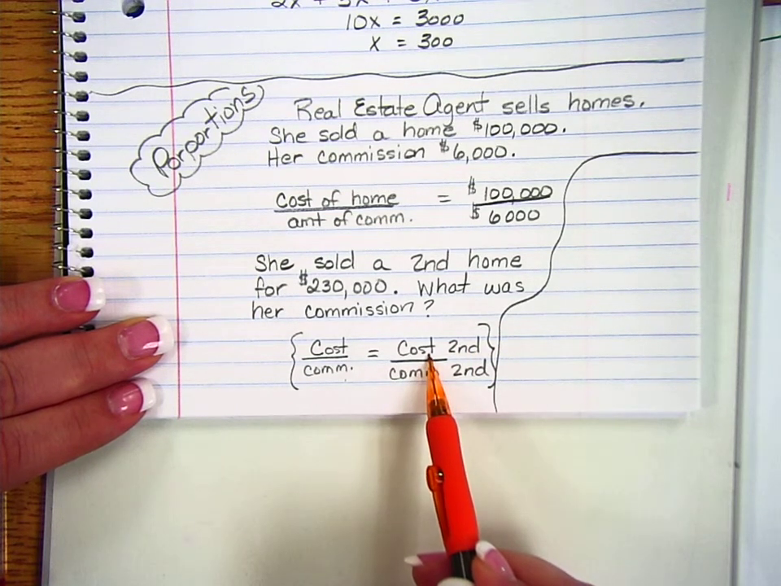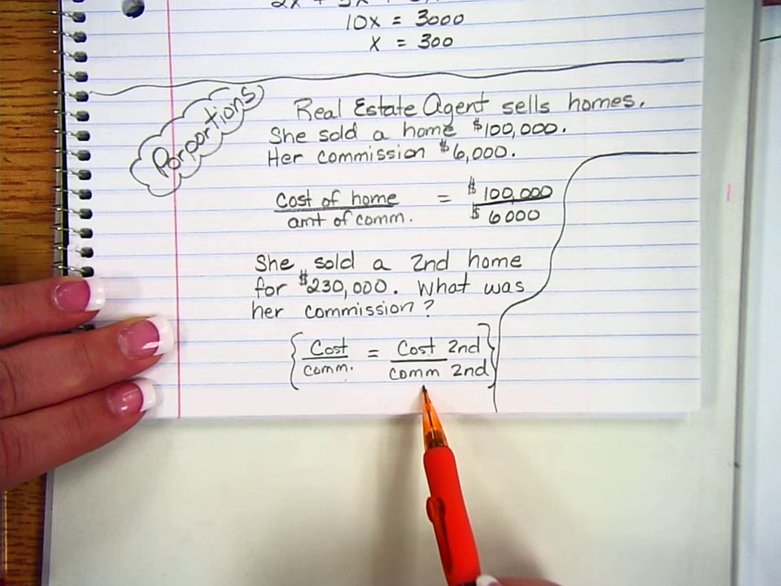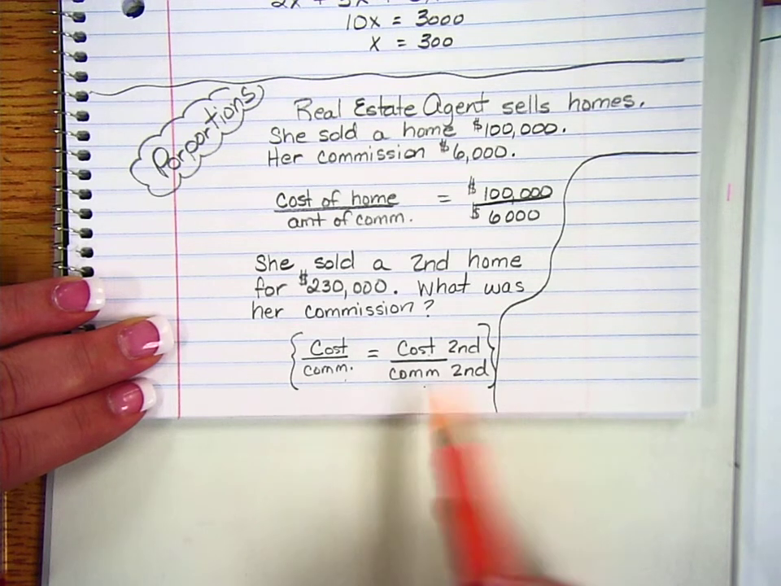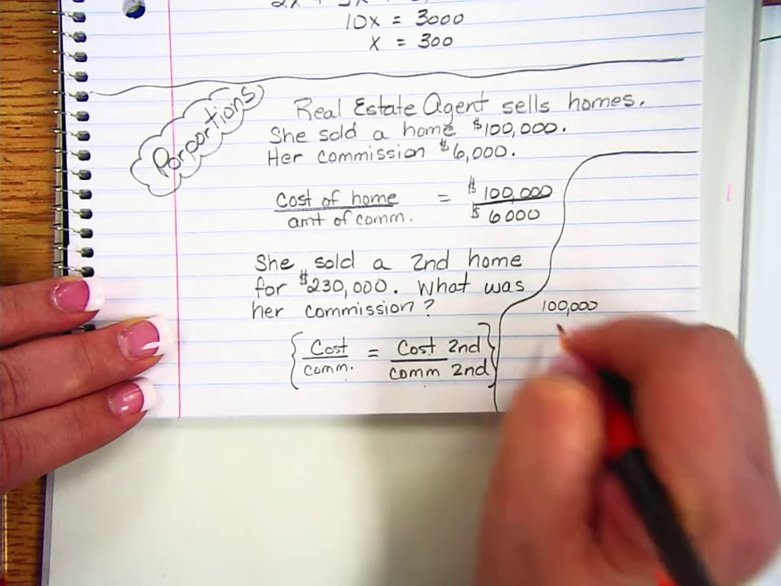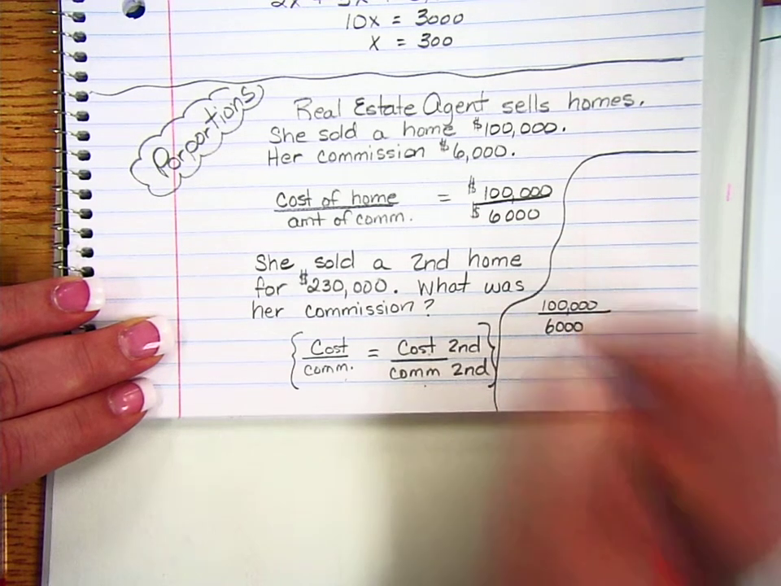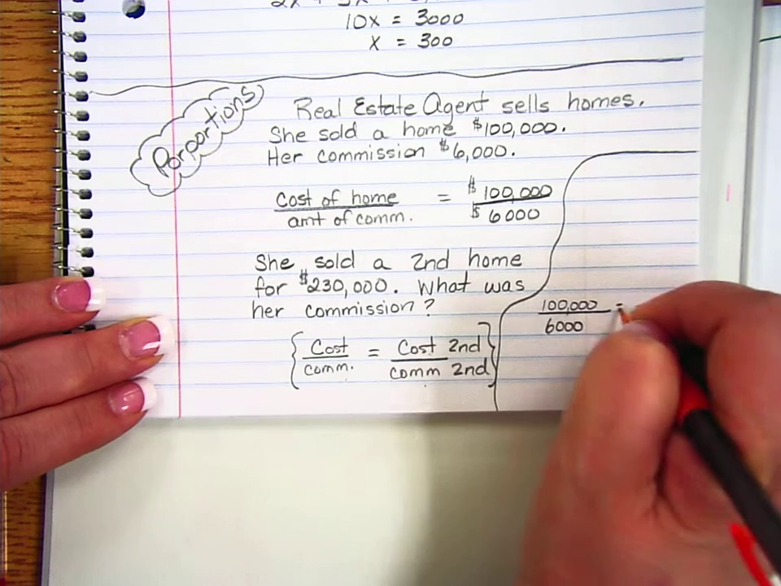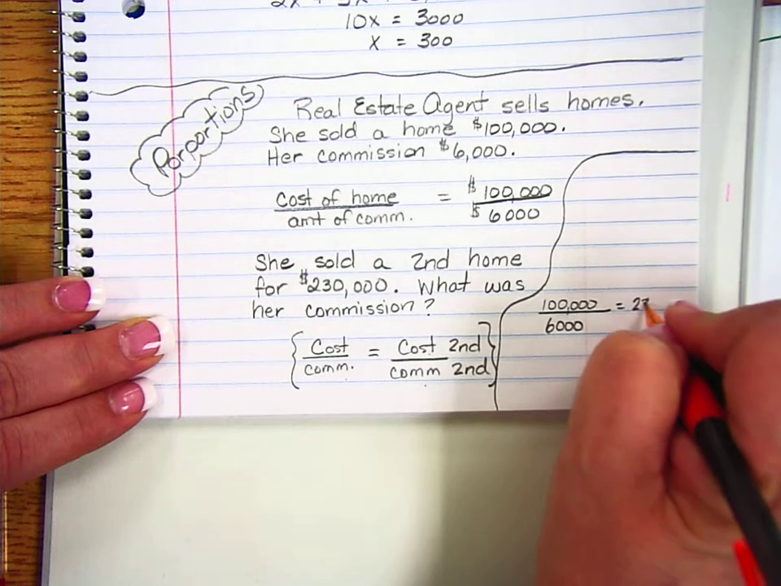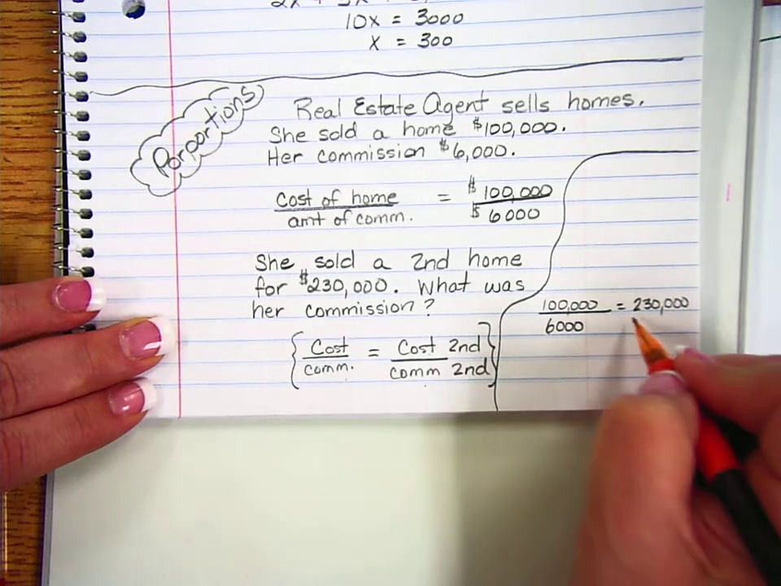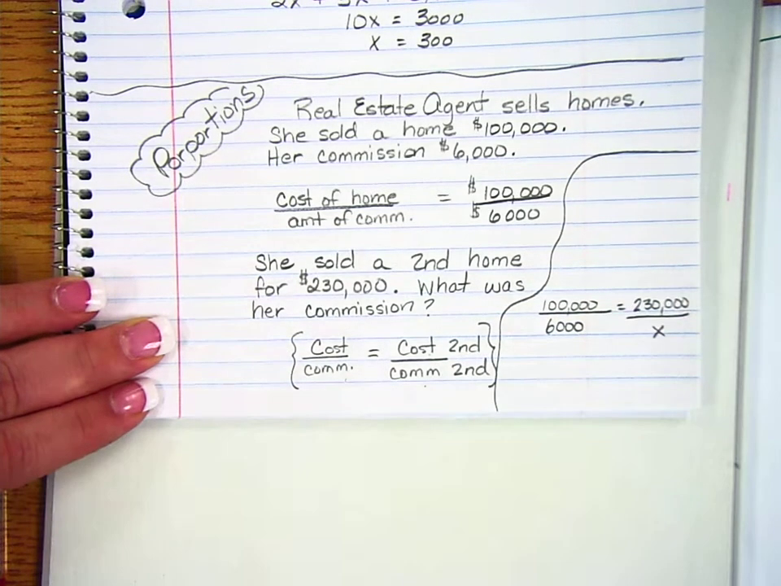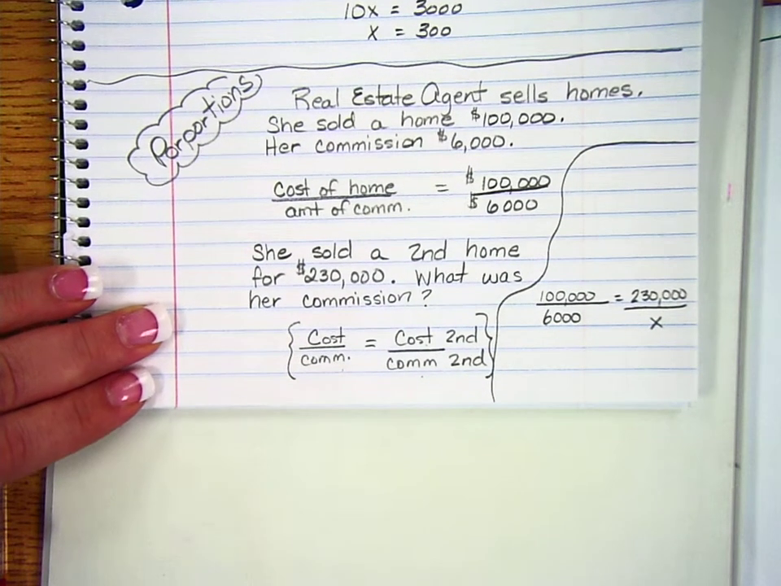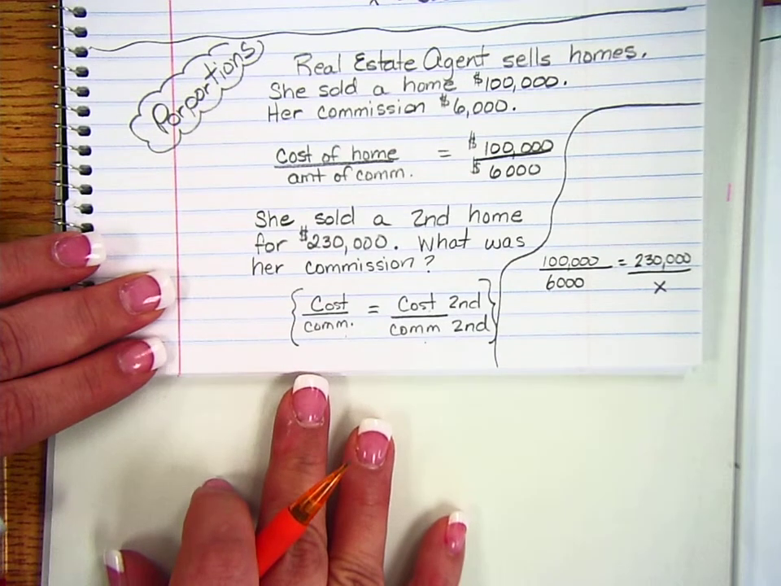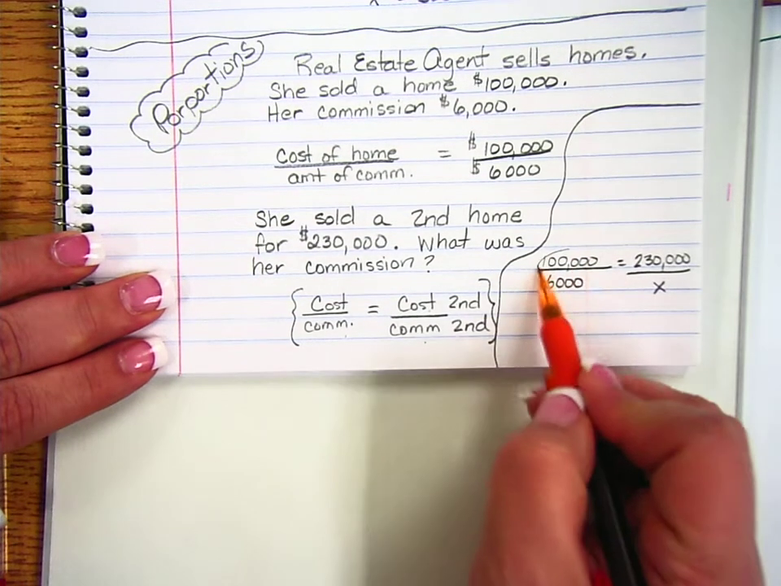So we've got to look for the cost of the second home to calculate this X, which is the missing commission. So what was the cost of the first home? $100,000. And she got $6,000 from that. We're going to set that equal to the cost of the second home, $230,000 over X. That's what we don't know. That's what we're looking for. From here, the procedure you use to find that X is exactly the same as we've done with our cross multiplying. 100,000 X